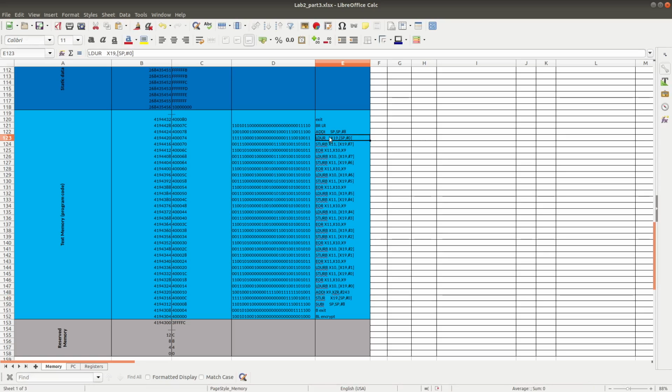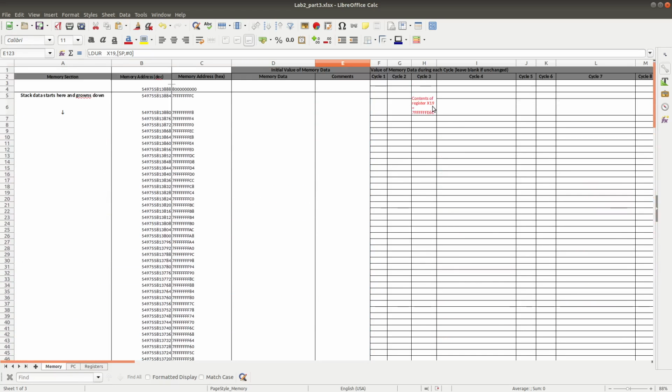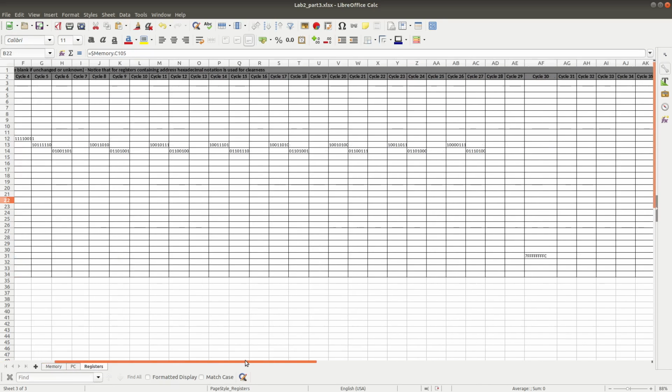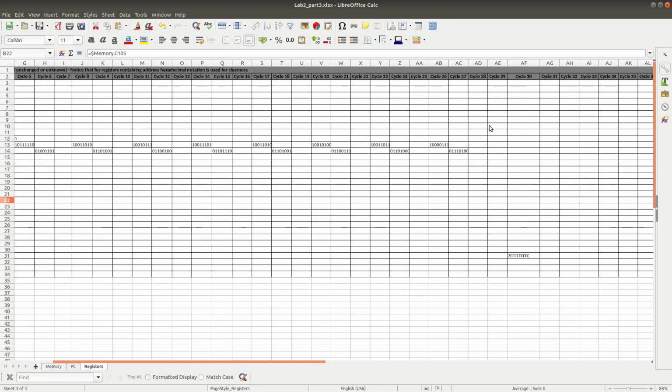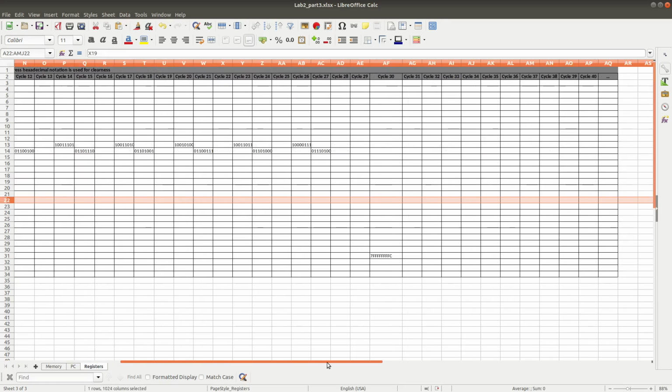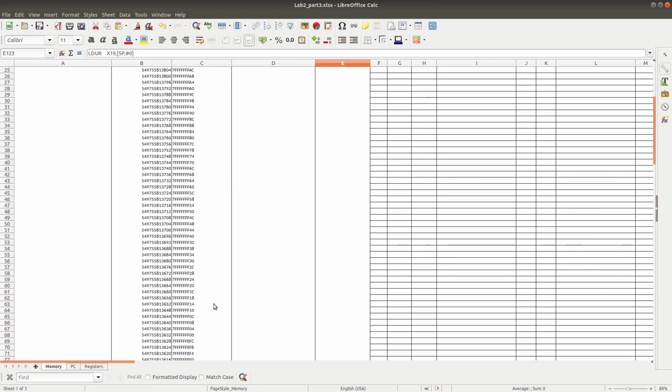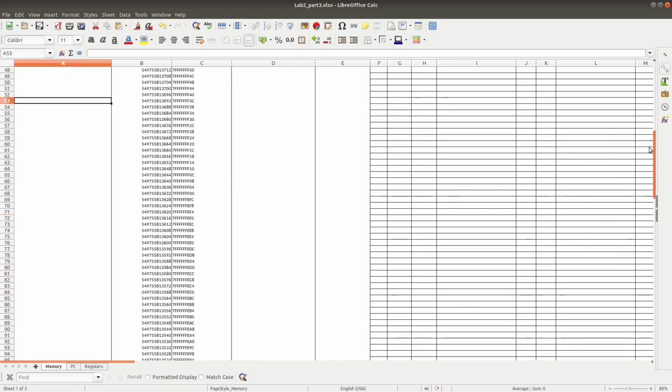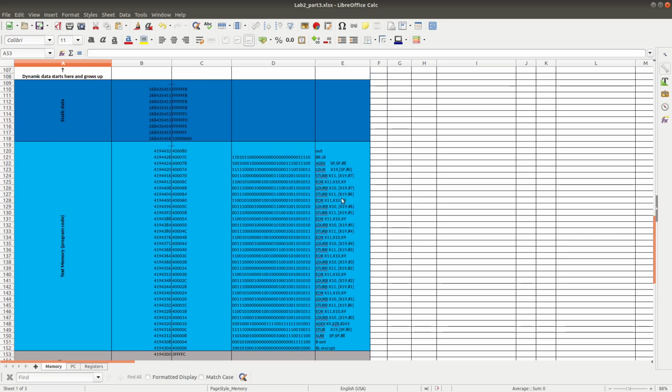So here, if we look into this, we know that the value of X19 will be stored here. In fact, if you look into our program, you can see that we didn't change the value of X19 at all.